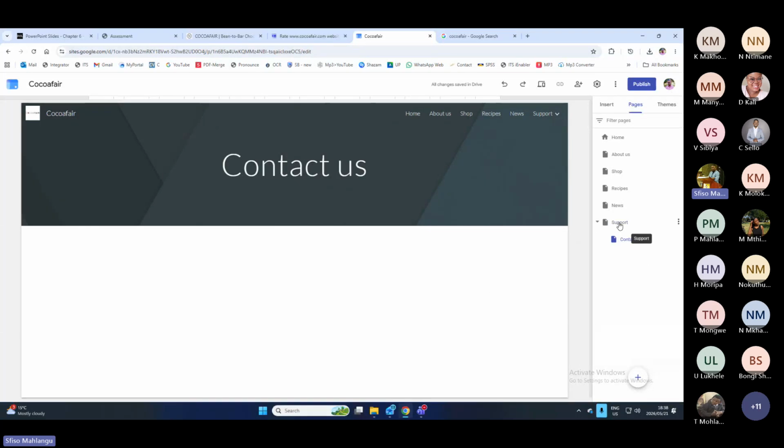Then I must go back to support again and do the same thing, 3 dots, add subpage. After contact us, we also want a live chat. And I'm going back to support again, 3 dots there under support, add subpage. I also want to add an online form. And once you have added those 3 subpages, we must actually be able to complete each and every one